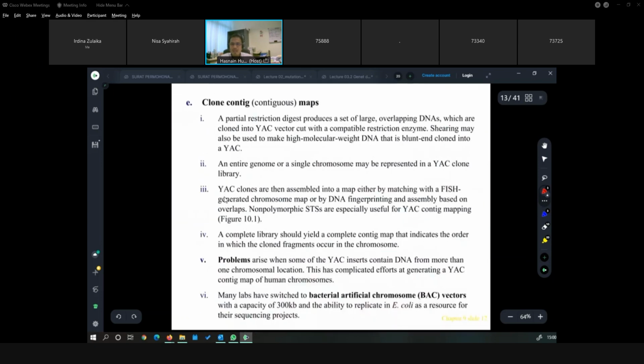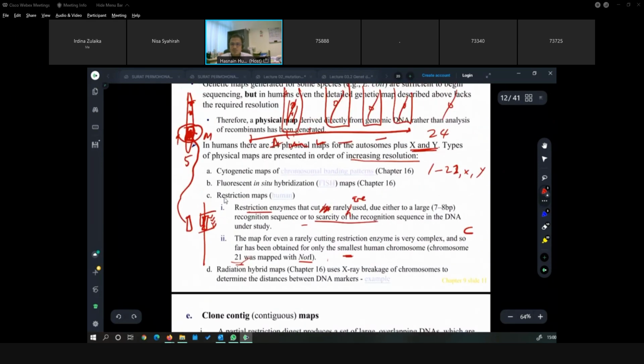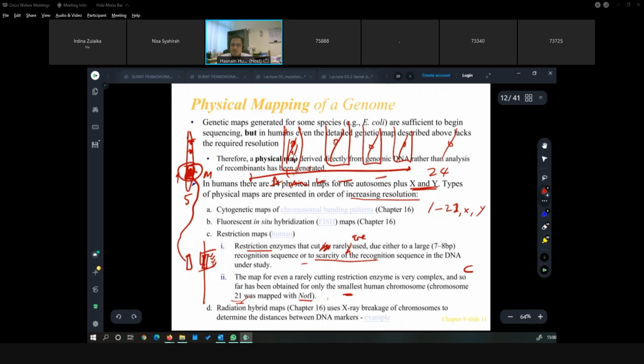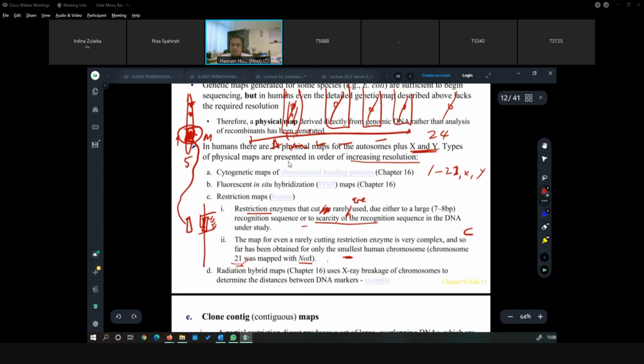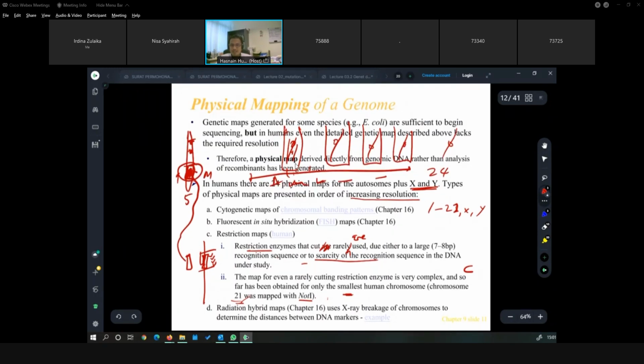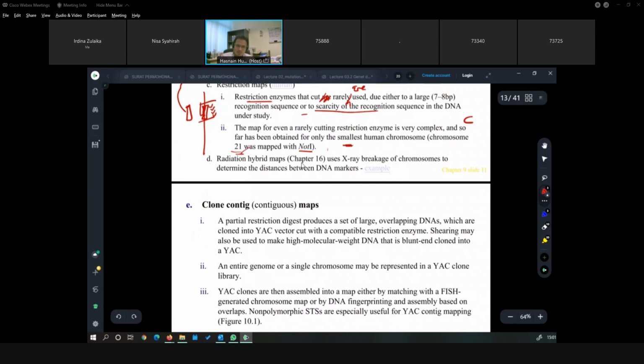So now, initially, let's say I do a physical map. A physical map means that in each tube I have chromosome 1 until chromosome 22, X and Y. So I take only chromosome 1, and now I want to do sequencing of chromosome 1. But chromosome 1 is very long. Chromosome 1 is very long, with millions of bases.